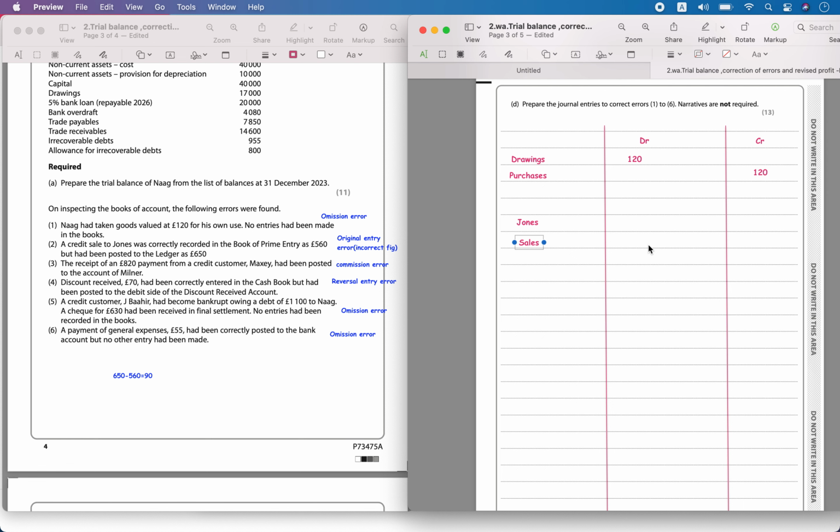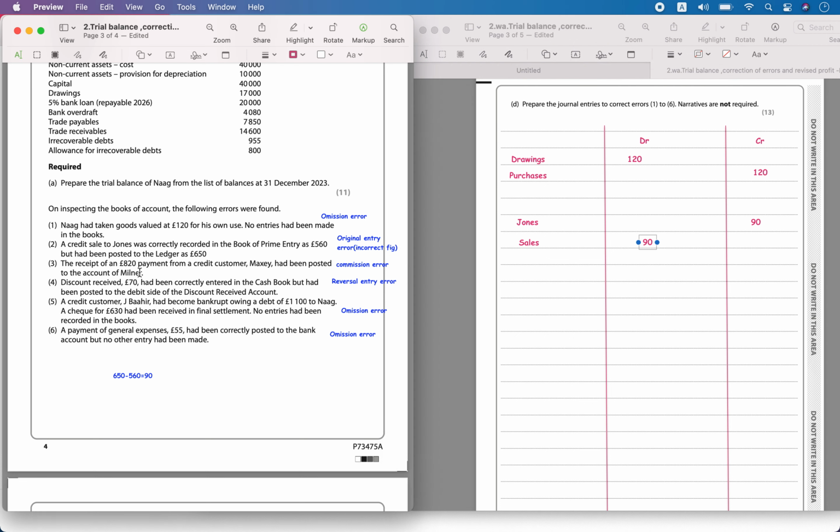So I will have to remove that extra which had been posted to Jones, by 90. So it has been correctly posted, but I will have to remove the extra amount that has been posted. And also in the sales account, I will have to remove. It would have been entered here as 650 in sales. But that's too much. So yeah, the actual entry is 560. So to remove that extra, from 650 to 560, I'll have to enter on the opposite sides to subtract